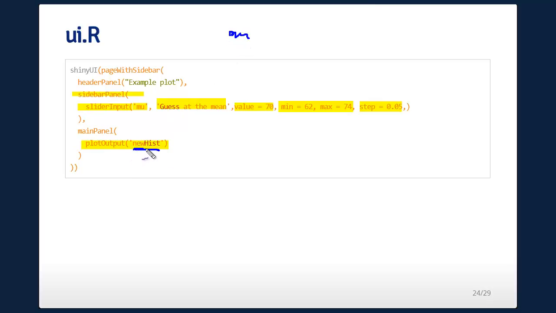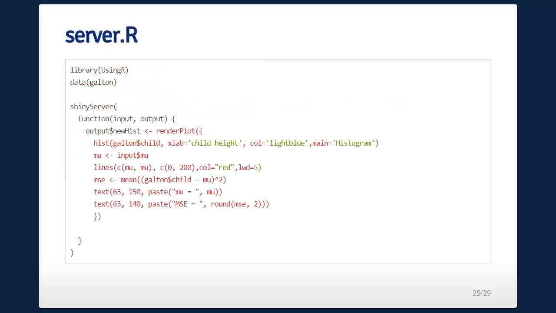It's defined in my server.r file, where I define it as the histogram that I create based on the calculations that get done. Okay, so new hist is my label for my output created from my server.r function. Here's my server.r function. It's telling it the data set that I need to grab, any library calls. So here render plot is like render print, only it's going to render a plot. Here's my histogram,